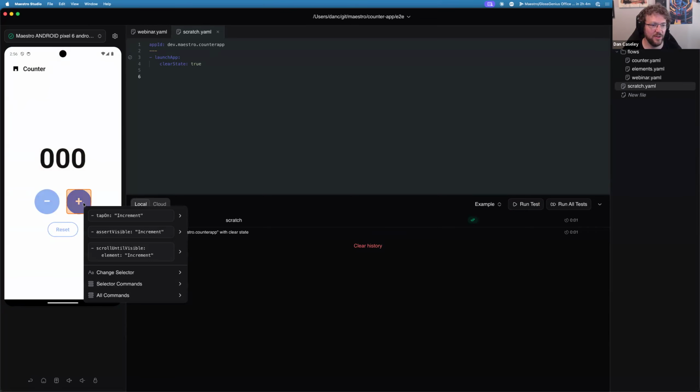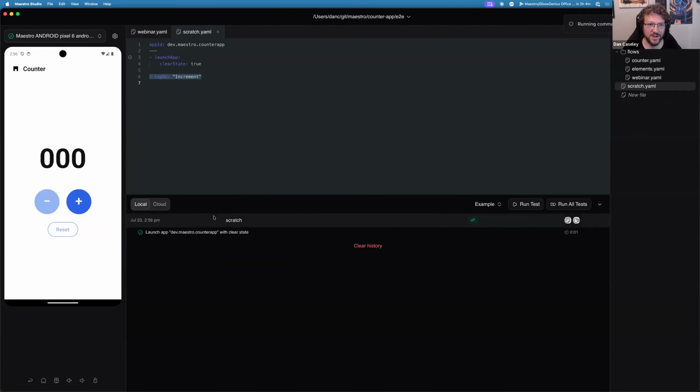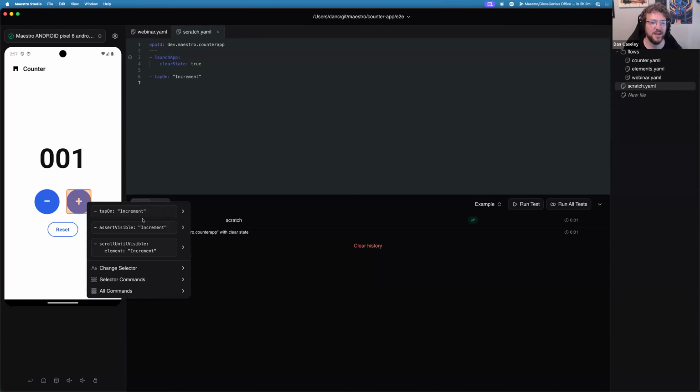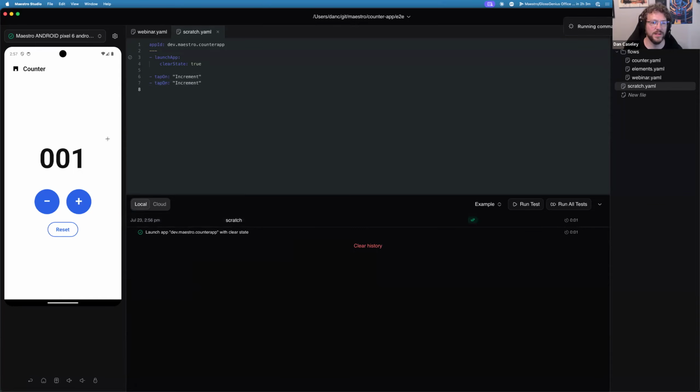If I right click on this one, I can tap on increment. I can copy it, I can insert it into the test, or I can insert and run at the same time. So when I do that, it gets added here, then run up in the top right there. And so I know that as I'm building my test up step by step, I've got a really high confidence that that is going to then